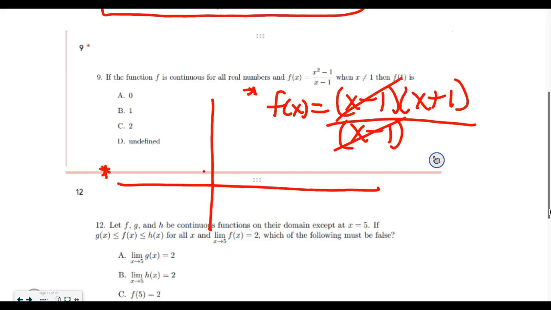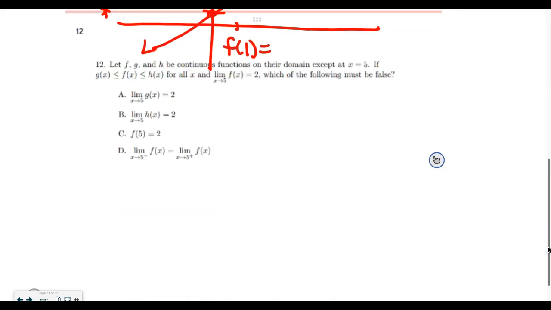It's the line x plus 1. But at 1, there's a hole in the graph, a removable discontinuity. To remove it, f of 1 would have to equal 2. Okay? Next up,